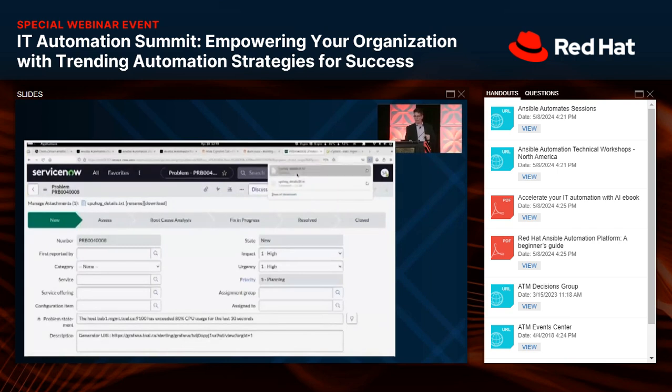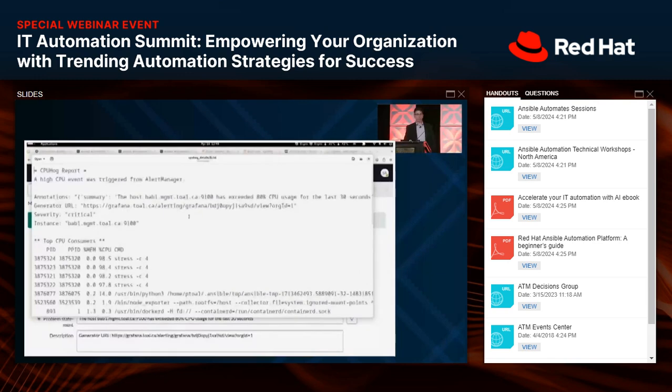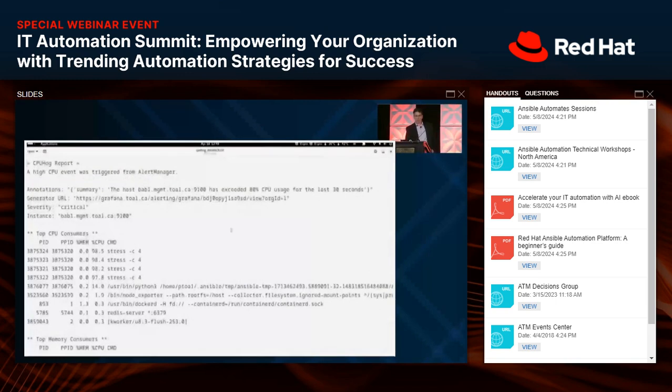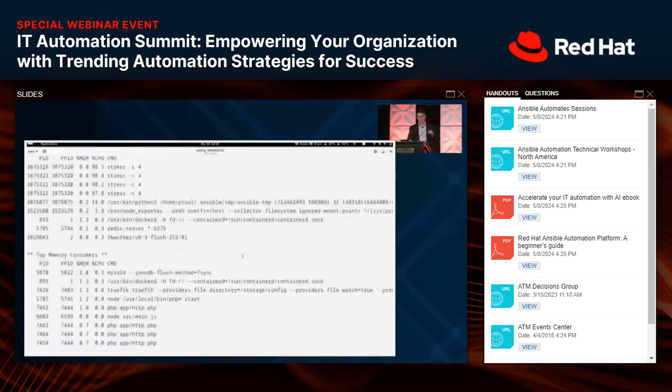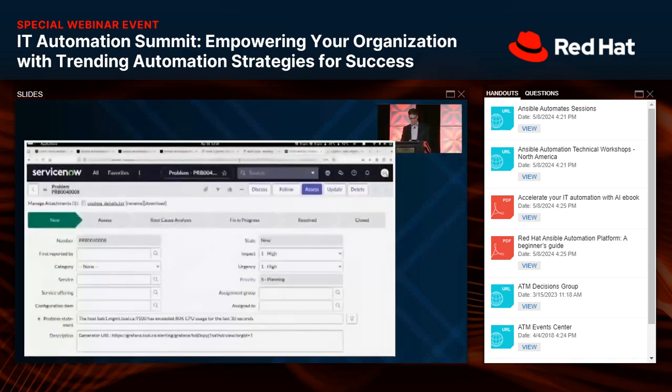So I've clicked on this, I'm going to open it, and that's a file. So here you can see I actually attached to the ticket the output from my commands. So now the person who picks up this ticket and looks at the problem can actually have a head start. Oh, I see that the problem here is that I've got 4 processes called stress that are consuming 98+% of the CPU, right? And so I've already attached some information. How did I get this? I kind of glossed over that, so I should go back to it.